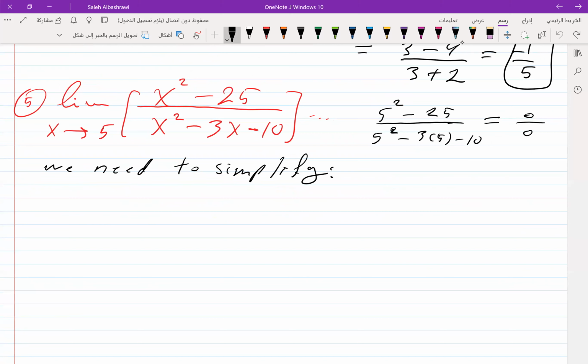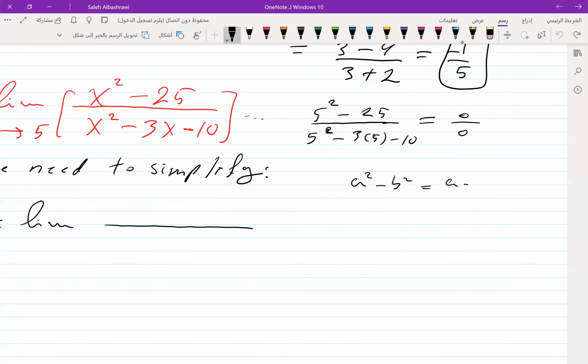So this limit will be written as the limit of x squared minus 25. We are using the difference between two squares. A squared minus b squared can be written as a minus b multiplied by a plus b. So the numerator will be written as x minus 5 and x plus 5, down,